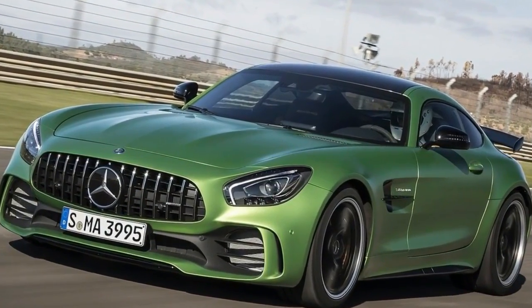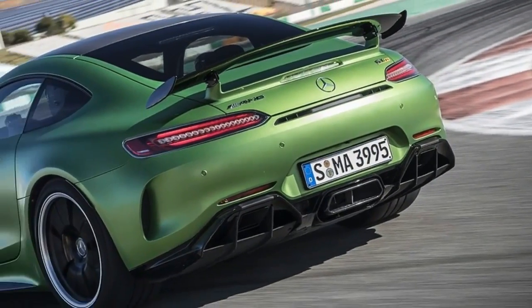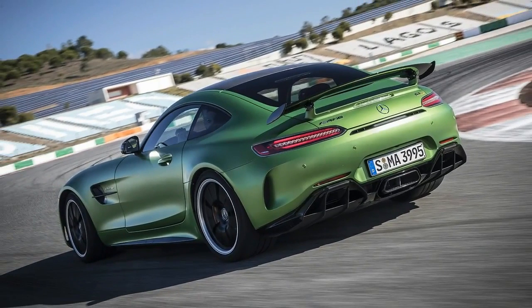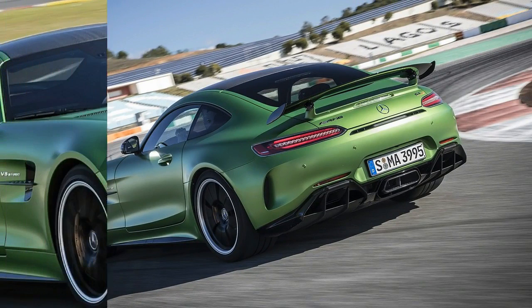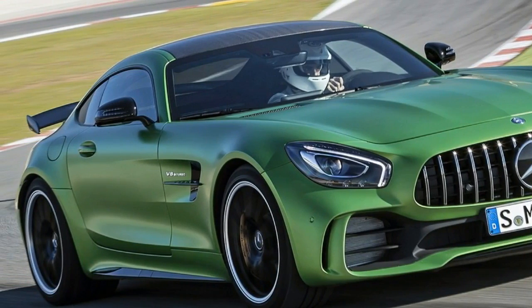It all begins up front. Those 15 chrome slats that boldly differentiate the R from its GT siblings and evoke the original 1950s SL race cars actually disguise the fact the grille has been tilted forward for improved aerodynamics. Beneath it is the active air management system, or a wide box filled with vertical slats. They automatically open when additional cooling is needed, but mostly stay closed to reduce drag and direct air down under